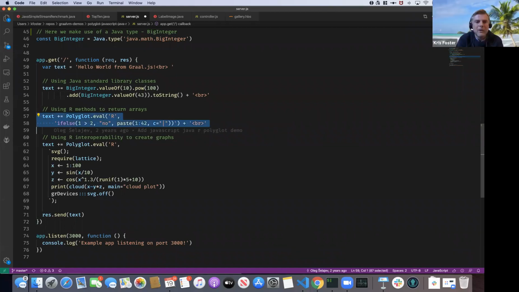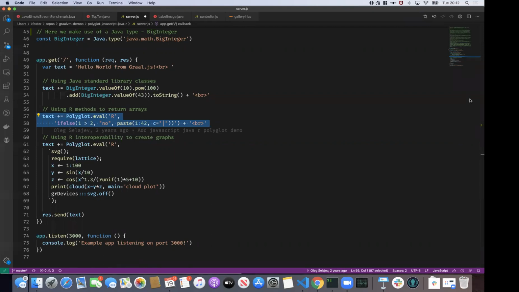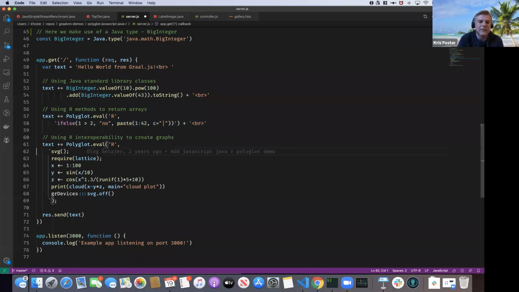And now we've also got a bit of interoperability. We've also got the ability to call other hosted languages inside one hosted language. So this is JavaScript, right? And here we can see evaluating a little snippet of R code. I don't speak R, but I'm sure this is doing something very clever. I guess it's saying if 1 is greater than 2, which is false, then do this. So again, we're able to call R, and then we've got perhaps a bit more of a clever